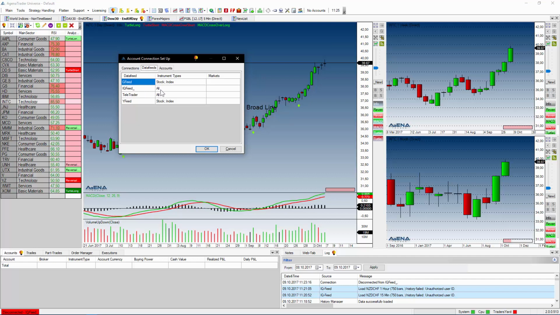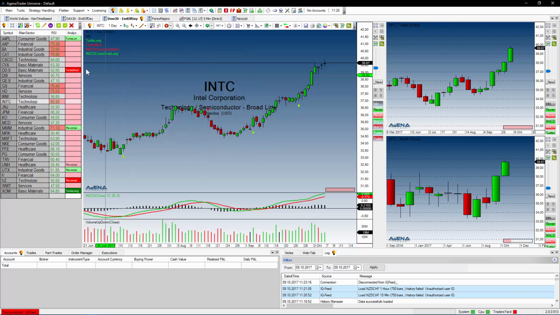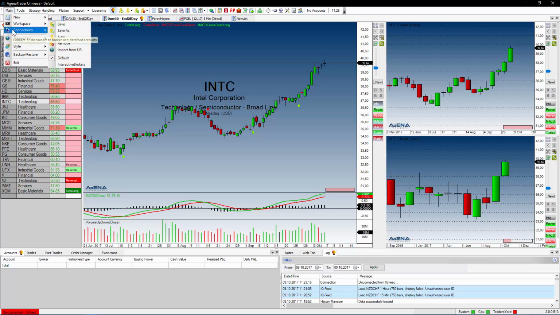Then I go to the data feed tab and define which markets, which data feed are supposed to download and show. So IQ feed, I'm selecting stock. AgenaTrader, I'm selecting future, currency and CFD. What should I do with the index? Probably I go back to IQ feed and also select IQ feed for showing me indices. So with these settings, I can now connect both the feeds simultaneously because I could divide the asset classes.